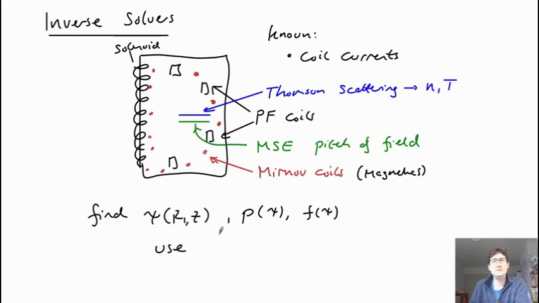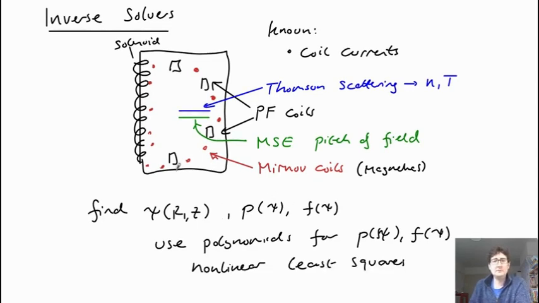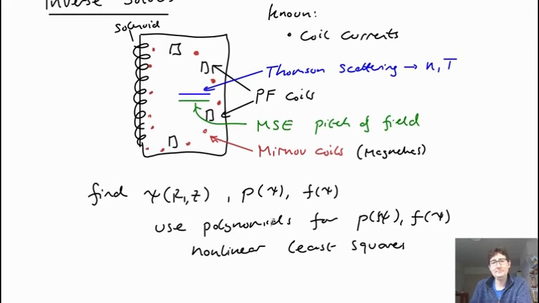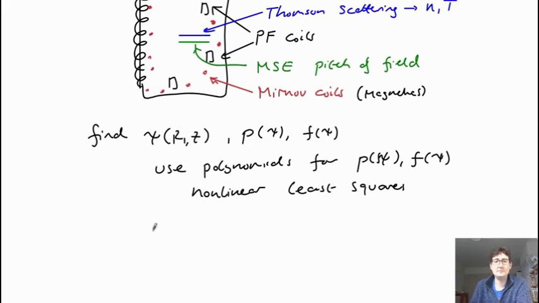Typically this is using some kind of polynomial fits. So you have some kind of polynomials for P and F, and then it's a nonlinear least squares fitting problem. So this can be reasonably fast. In fact, some codes have been written to work in real time for control or for operating diagnostics. There's then a slower process if you have things like Thomson scattering or motional Stark effect, and this is typically done in post-processing. And there's a refined version called kinetic EFIT, which is when you have EFIT but with these additional constraints.